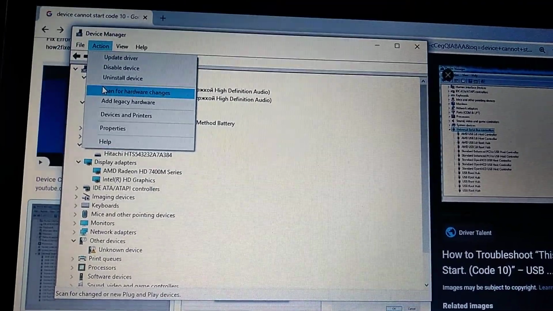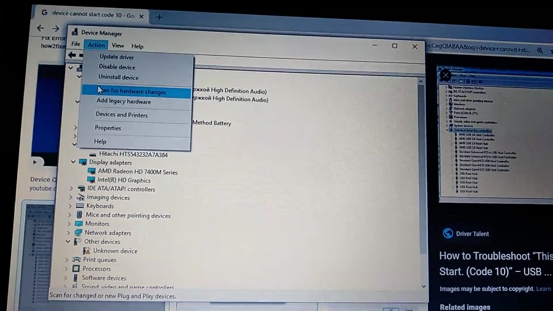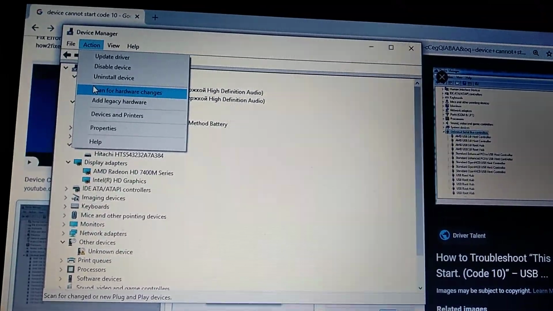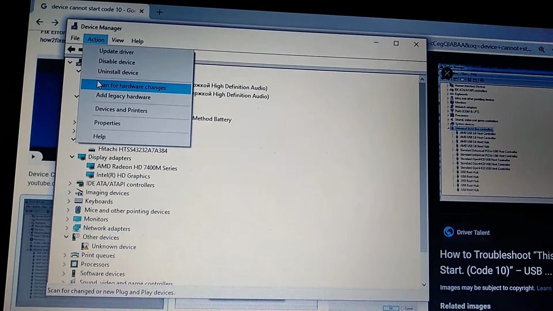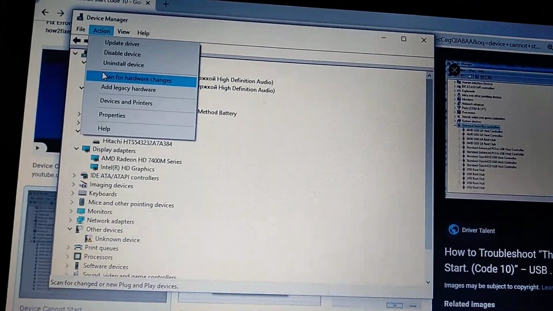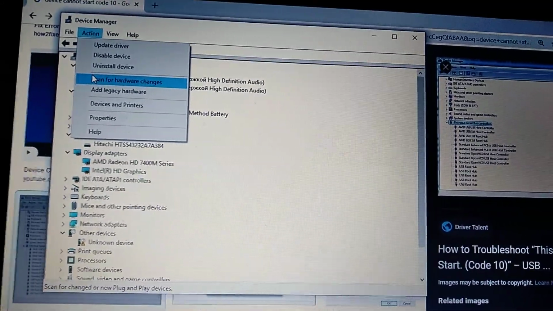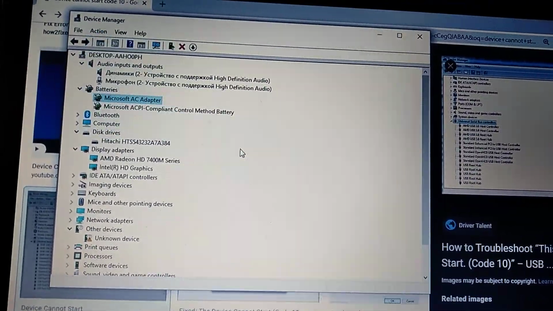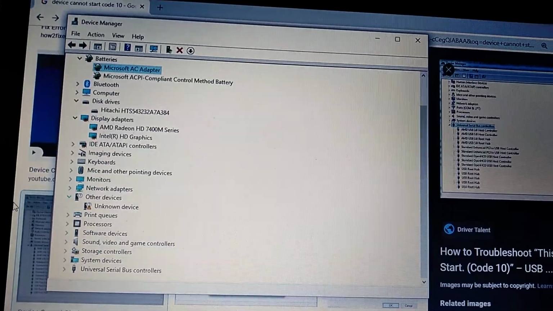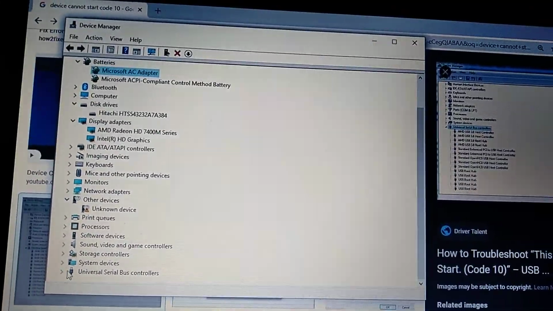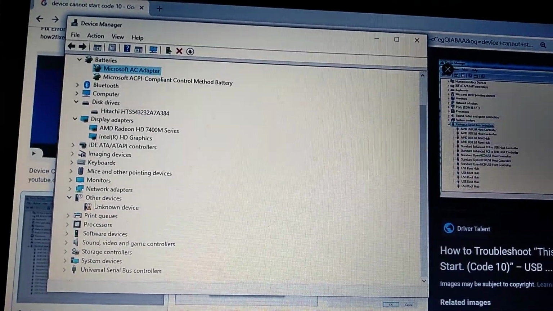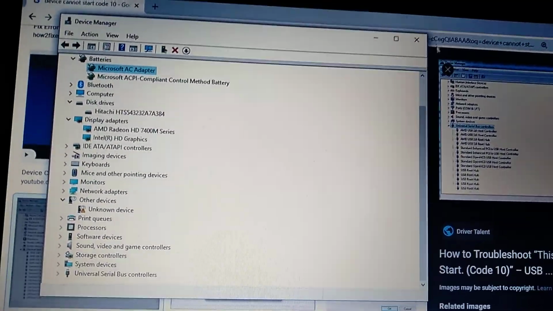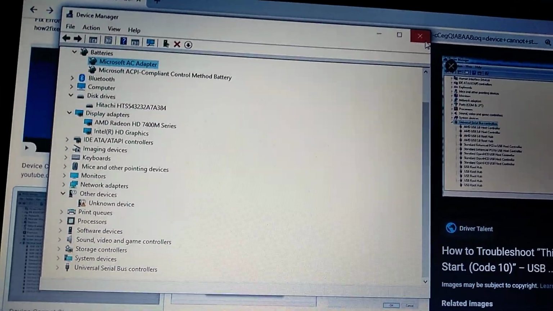Scan for hardware changes. After you uninstall your driver, it will automatically download the latest version of the driver and install it on your computer. You can also try to update your USB drivers, and if it doesn't help you, you can also try